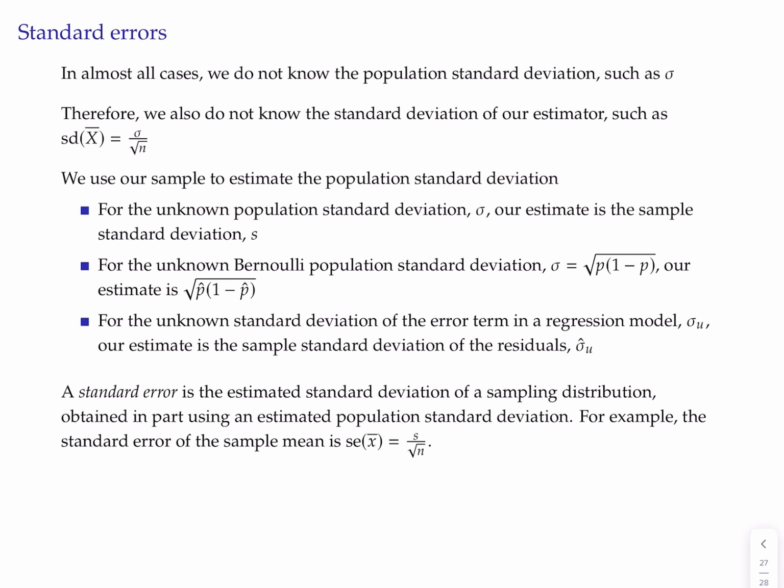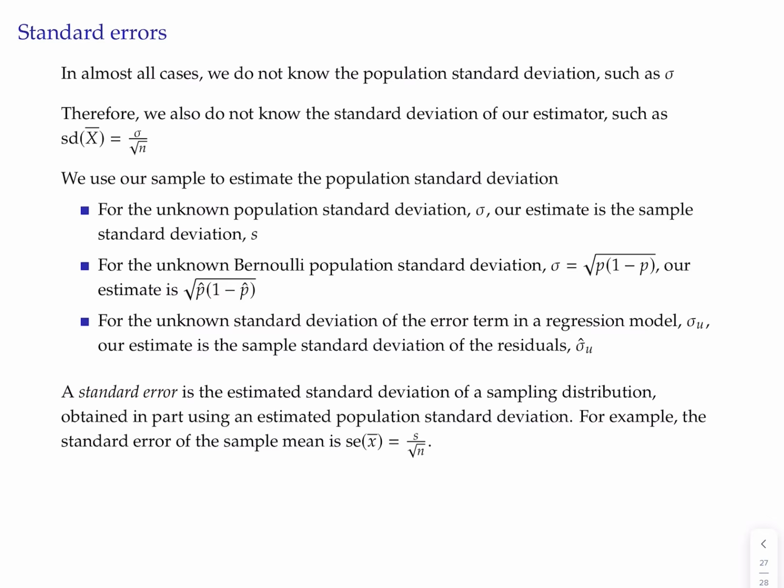We have derived properties of estimators in terms of underlying population characteristics. So for example, the standard deviation of the sample mean across possible samples is sigma over root n. N is the sample size, and sigma is the population standard deviation. Now, that's a good thing to know, but we want to start to take these ideas about sampling distributions and